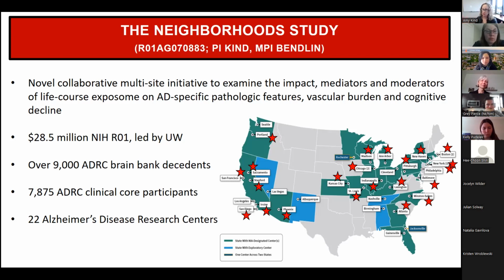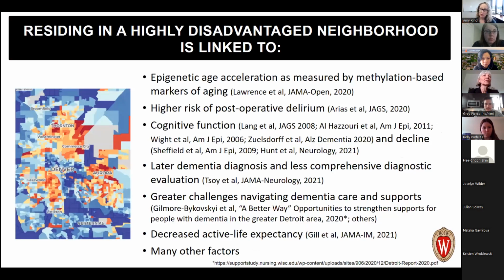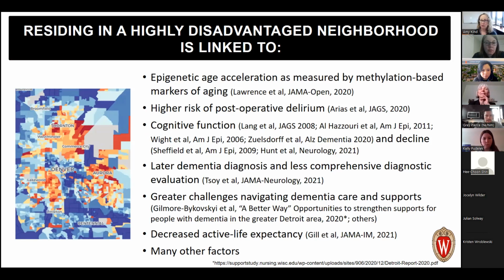Again, these tissues are typically very well characterized already, as well as living participants that are affiliated with our Alzheimer's Disease Research Centers network. And you can see the little red stars here where the different centers are. We have pretty good national representation, at least for where the centers are. We have some new groups that hopefully will be joining us soon from Texas, which we're looking forward to as well. But certainly we've been sharing these metrics broad and wide, and we can say now certainly hundreds and